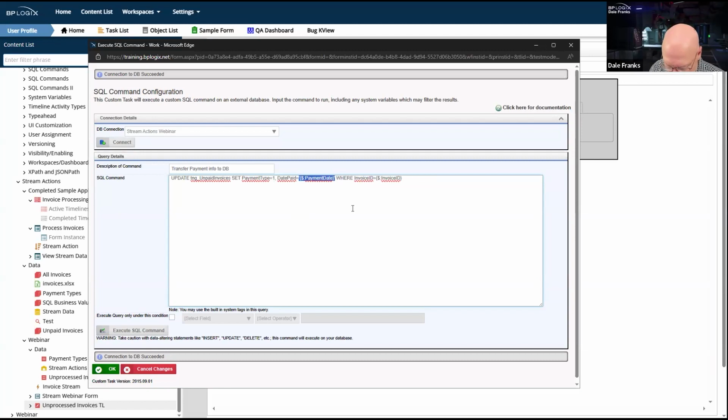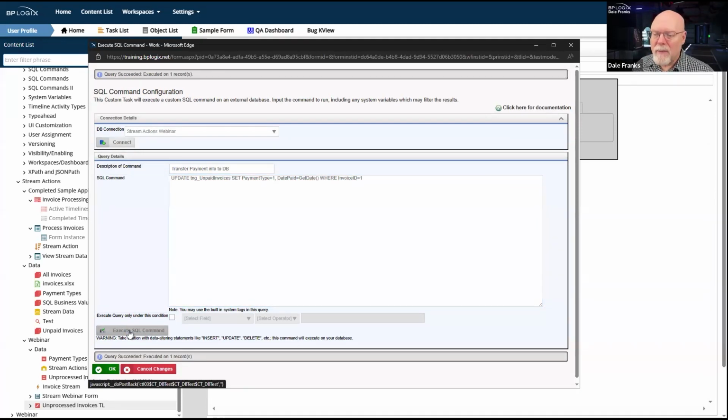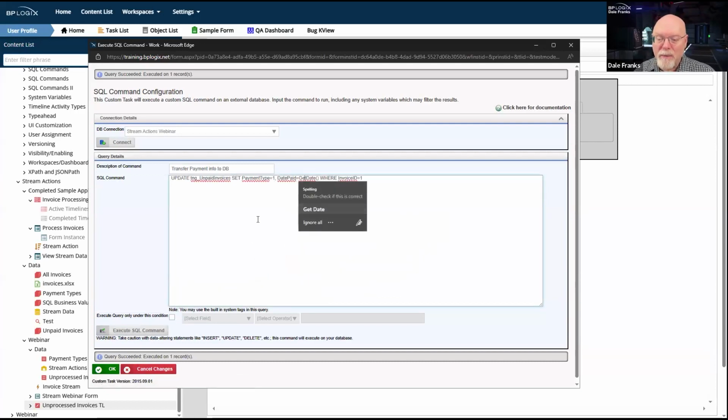I'm just going to set this to get date. I think that'll work. Pulling that from SQL, and invoice ID equals 1. So I need to test because I think my SQL command is going. Okay, query succeeded. Executed on 1 record. So my changes were correct.